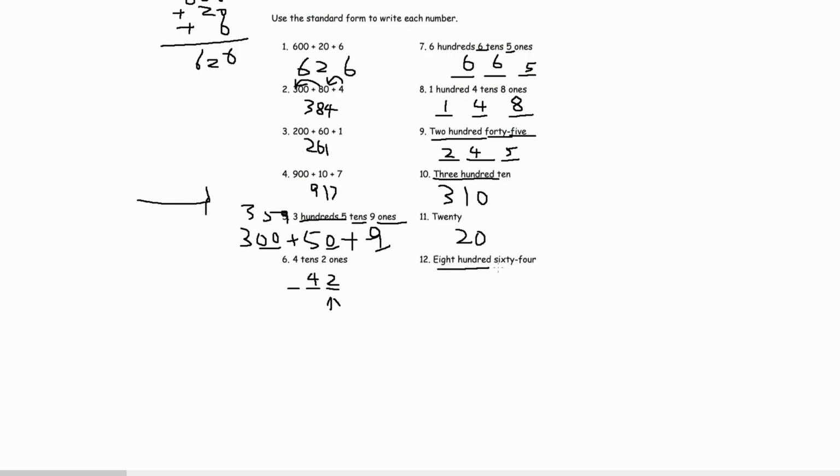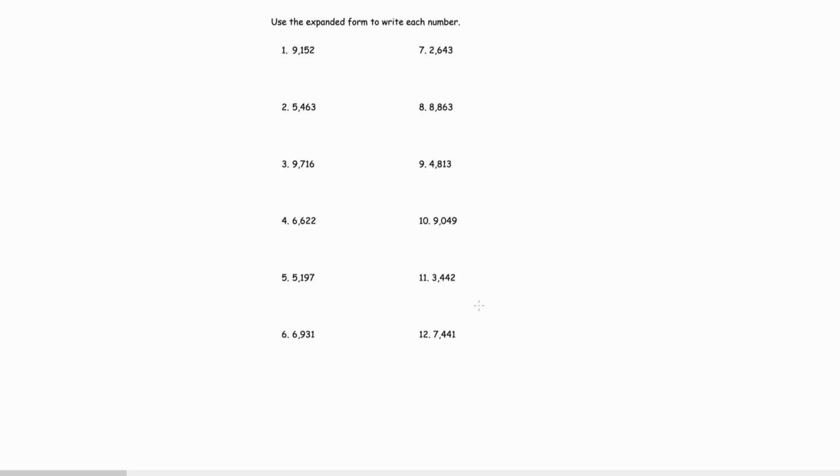800, so that it's 1 in the hundreds place, and we have 60 in the tens, so that would be 6 in the tens value, and then we have 4 in the ones, so 864. Use the expanded form to write each number. Okay, so we have